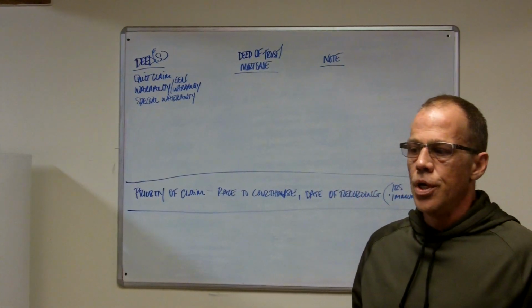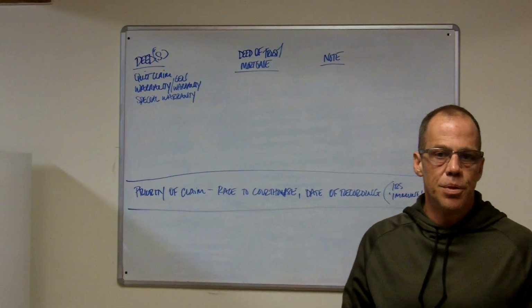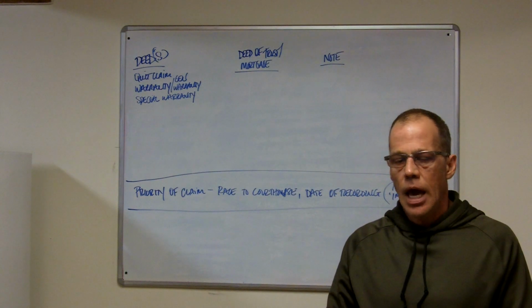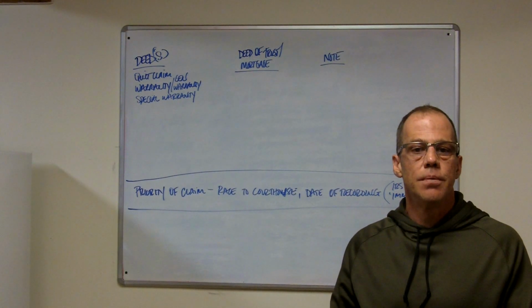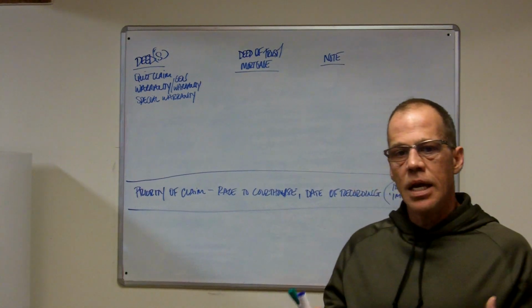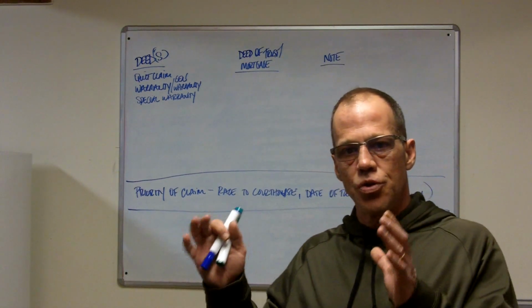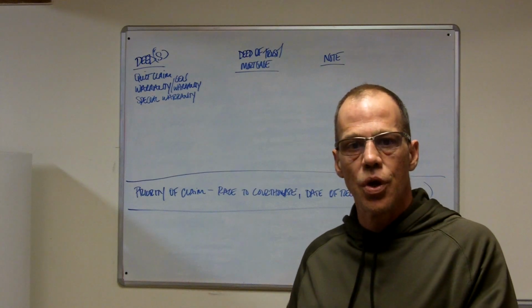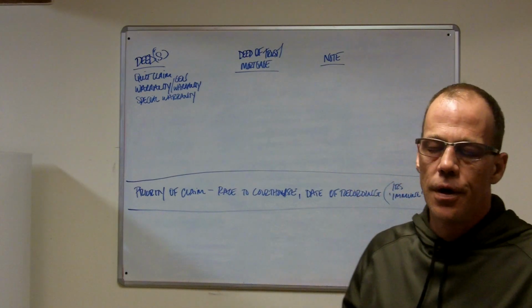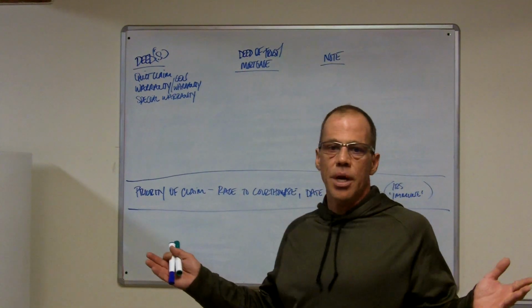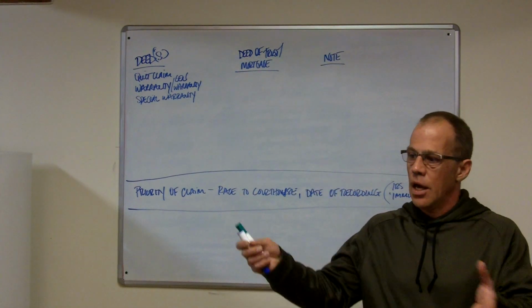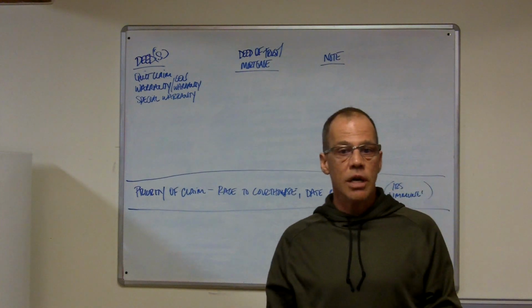Guys, I think it's important that you understand the difference between a deed of trust, also called a mortgage, and a note. These are the three main instruments that are involved with the transfer of real estate when debt is incurred in that transfer. Listen carefully. A deed is ownership. When you buy a property, they will give you a deed.